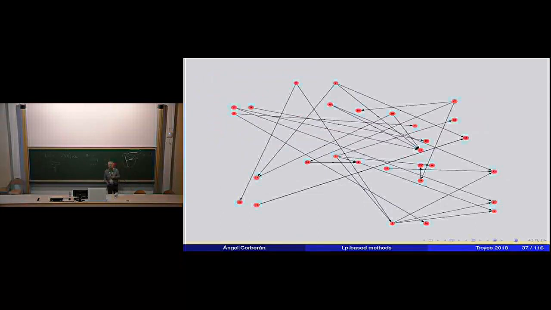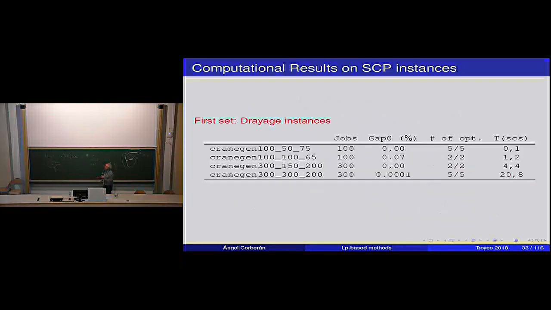This is an instance, a small one, that simulates the movement of containers from several places to other places. For instance, from here I have to move a container to this position, another container to this position, and so on. This is the kind of instances that they generated, trying to imitate real problems. Okay, jobs is the name that they used for that, and means the number of movements for the crane